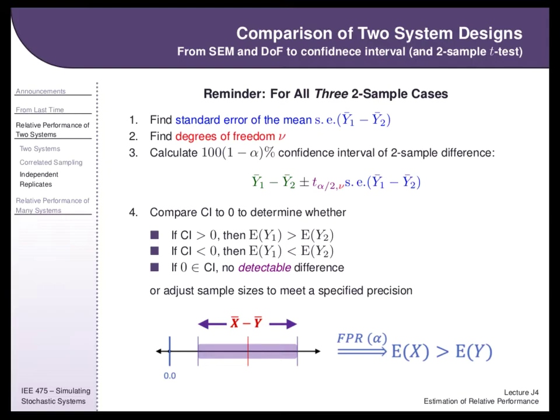So any questions there about our two-sample case? It's just a graphical way to unpack three types of t-tests that you use in three different situations. Many times in ARENA, you'll default to paired t-tests because you'll get the same random numbers going in every time you run ARENA, even when you build a new model, if you reopen that model, it will then run with the same